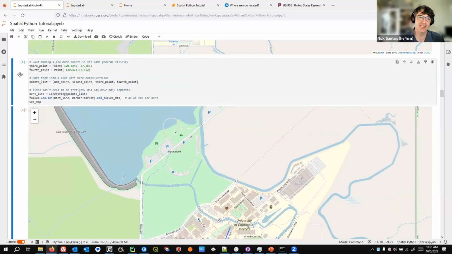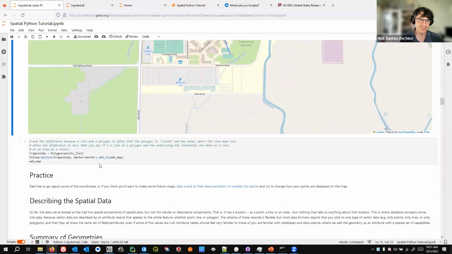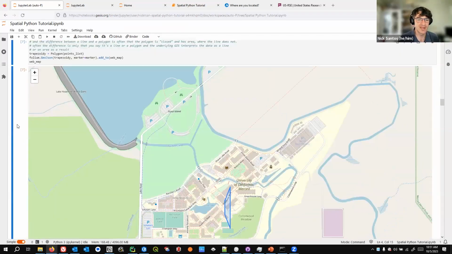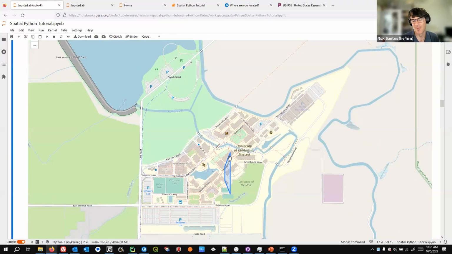But this is where we can see, again, that all these things are just coordinates, but it's really what we tell the computer it is. If I, instead of saying it's a line string, take that same points list we just defined above and call it a polygon, we get a filled area. So I didn't add any more points. I didn't add another segment of line, but because I told it that these 4 points were a polygon, what it does is